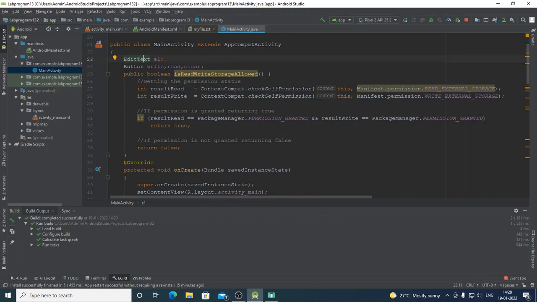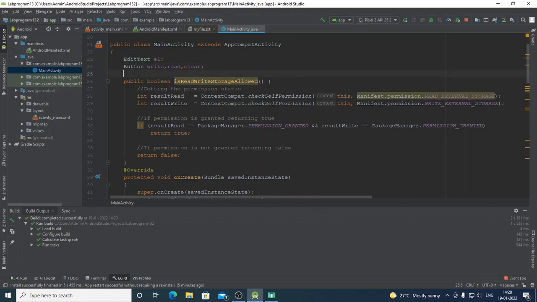We have defined one function to check for the permissions, whether the application has got the permission to read data from or write data to the external storage device, whether permission is there or not. To check for that, we are using this function. We are using two integer variables. We are calling checkSelfPermission. This check permission method we have discussed with respect to program number 6 also already, right?